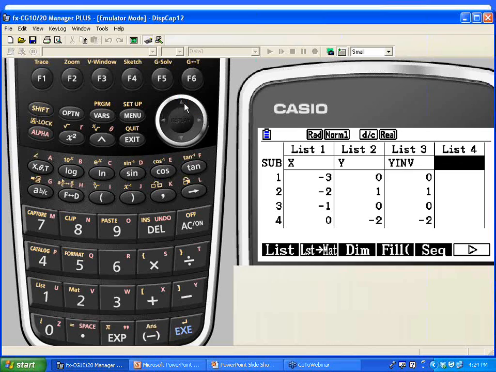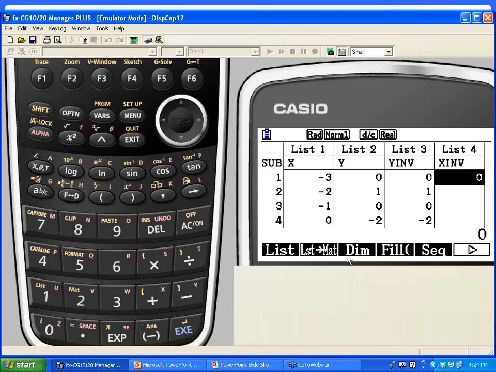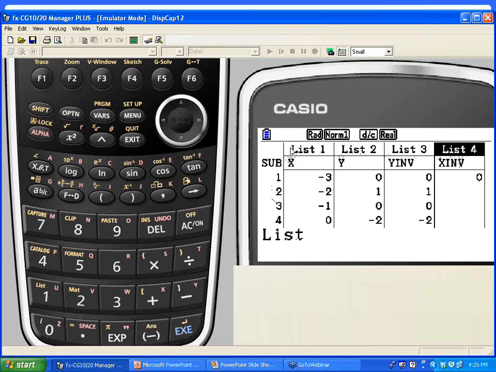We basically want to do the same thing under list 4. Let's name this column. I will name it X and then inverse so that it too has a different name from what we started with. So X inverse. Again, we want to copy, so I'm going to toggle up to list 4, press Option, F1, F1 again, and this time remember I'm wanting to bring list 1 over, so I press the 1 button